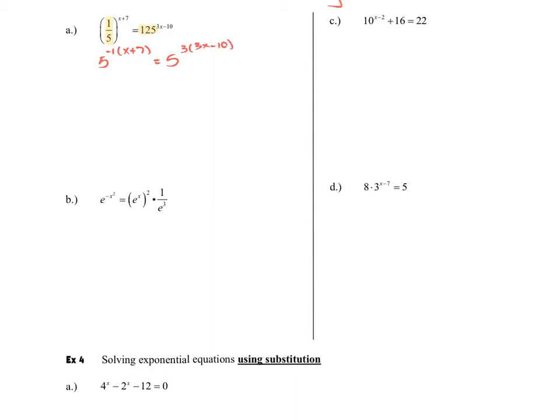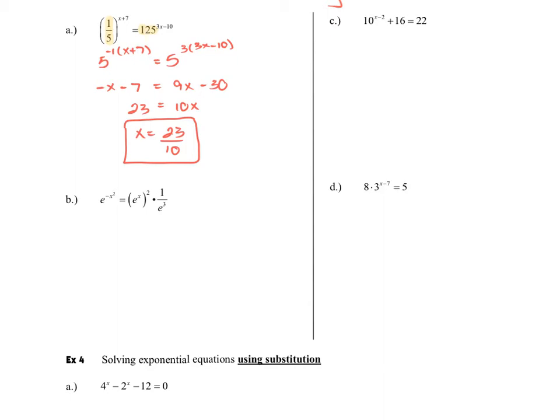Now, if both sides are 5 raised to a power and they're supposed to be equal, then their powers should also match. So I can continue my solving by setting the exponents equal to each other, and I'll have a negative x minus 7 equals 9x minus 30. Move my variable to the right, I'll get a 10x. Move the constant over to the left, I'll get a 23, and x equals 23/10. And since exponential functions have a domain of all real numbers,